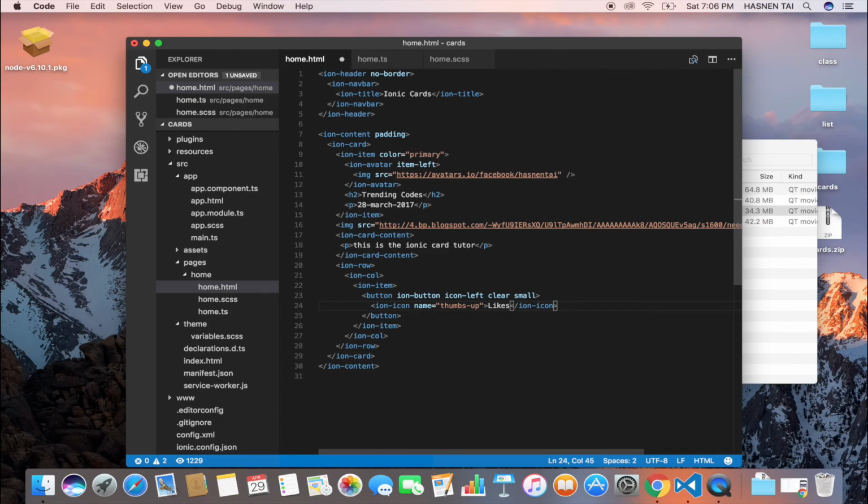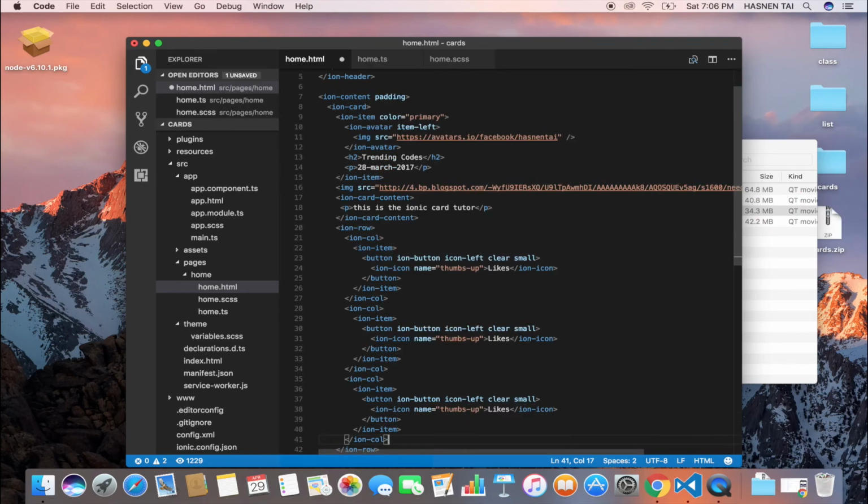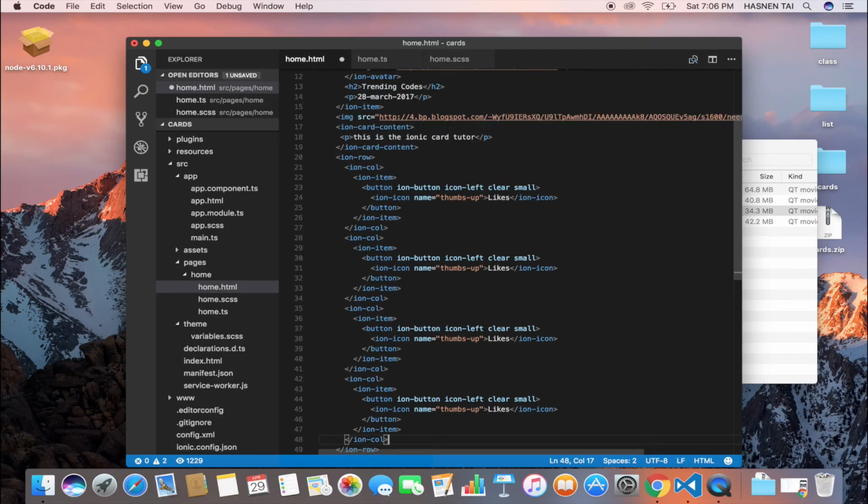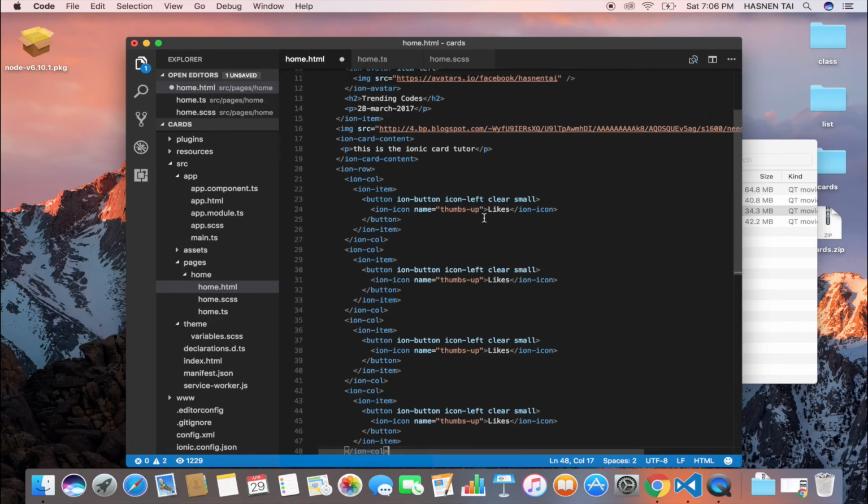Now in the same way, I'm going to create the comment button. So what I'm going to do, I'm going to copy this ion column, and paste it. This is for like, this is for comment, this is for the tags, and this is for the upload. So I'm going to use thumbs up for like. I'm going to use the text icon for the comment. I'm going to use contact for the tags, and over here